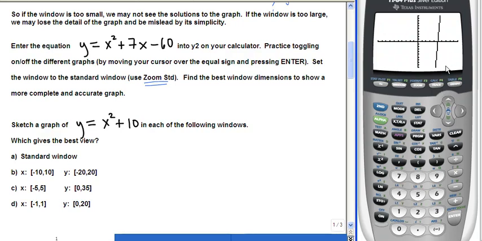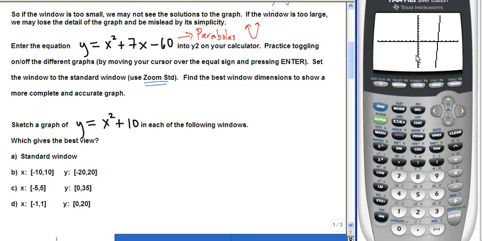So this is our graph. Now if we look at that, is that what you would expect to see for an equation that has an x squared in it? Well, what do x squared graphs usually look like? We know that x squareds should be parabolas or U-shaped. And since this is a positive x squared, we should be expecting to see a U that points upwards. So obviously we're not seeing that U shape, so we must not have an appropriate window here to